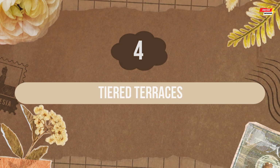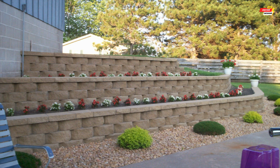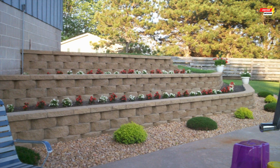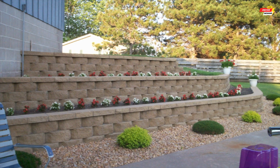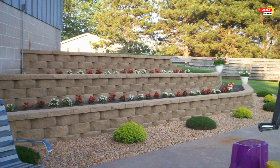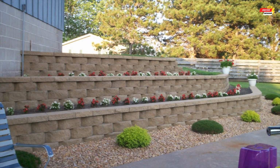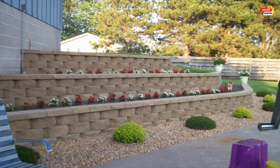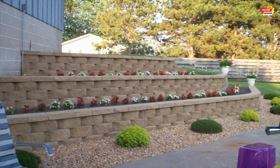Four, tiered terraces. Cascading blooms and functional charm. This captivating retaining wall design features multiple, gently curved tiers constructed from light-colored, modular concrete blocks. The stepped arrangement not only effectively manages the slope but also creates a series of delightful linear planting beds. Each bed is adorned with a vibrant display of red and white annual flowers, adding cheerful pops of color that